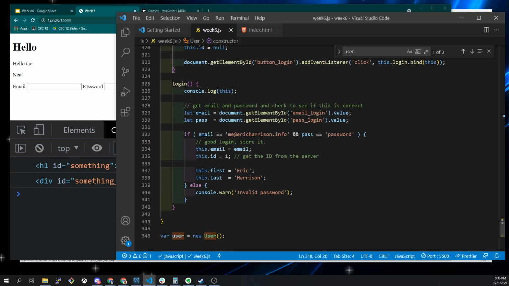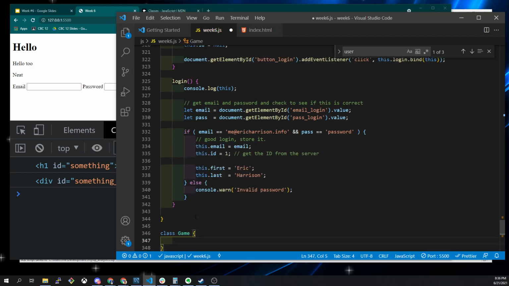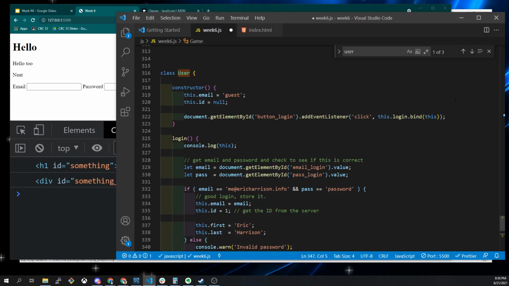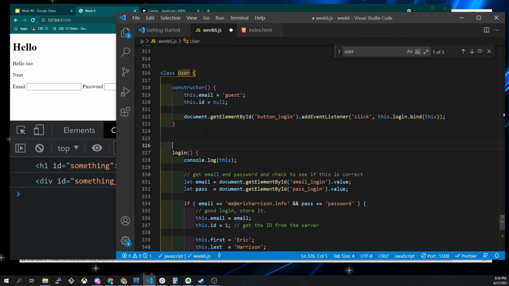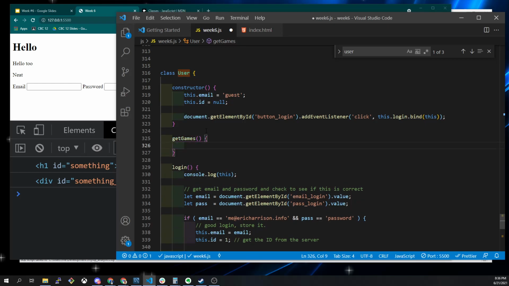You're going to want to store, for you and your golf app, you're probably going to want to have a class game, right? So every time you click new game, it's going to give you a brand new 18 holes, and you're going to track score by hole. And as soon as you're done with the game, you're going to store the entire game to the database tied to the user. So we might have a function like get games, right? And get games knows that it belongs to user ID, whatever, 1 or 19 or 4,000, however many users you have,